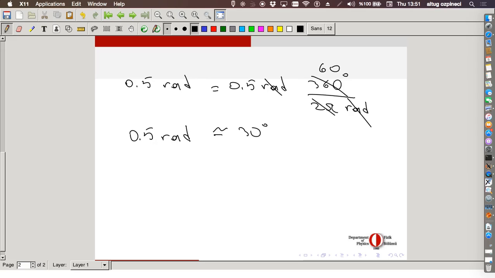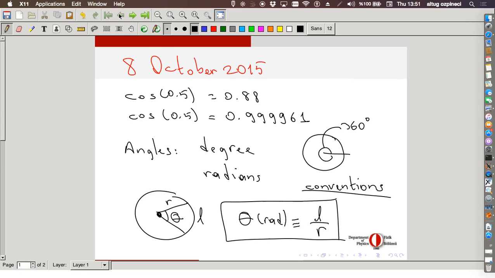It's approximately 30 degrees. But I don't really care whether it is 35 or 25. So it's just an order of magnitude. It's just 30 degrees. And cosine of 30 degrees is, let's say, so this is what you actually want. When you write here cosine of 0.5, you are actually asking for cosine of 30 degrees. But that's not what you want. You want cosine of 0.5 degrees, which is very small in radians. And that gives you this number very close to 1.